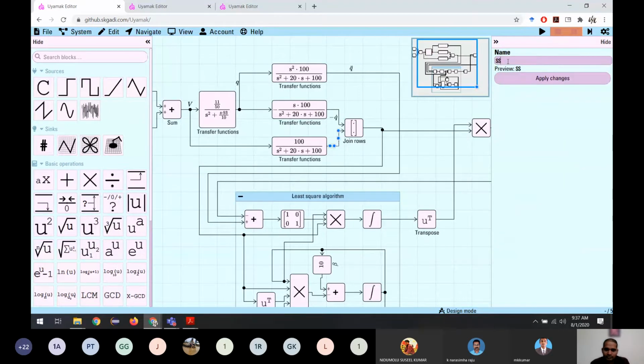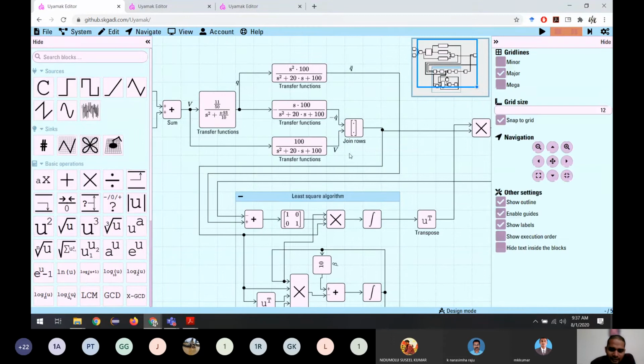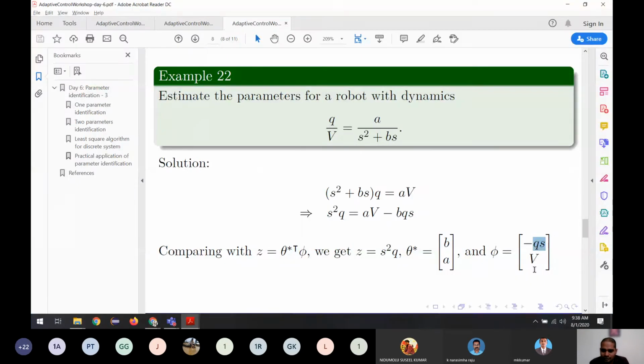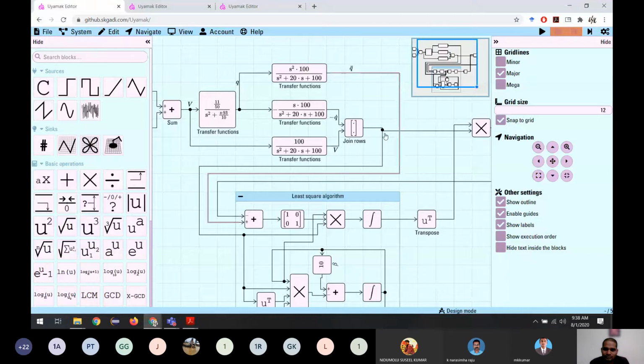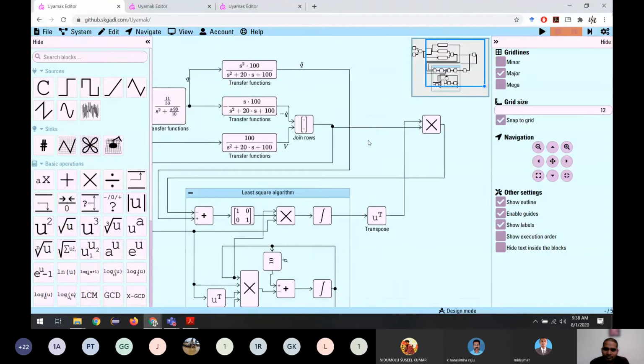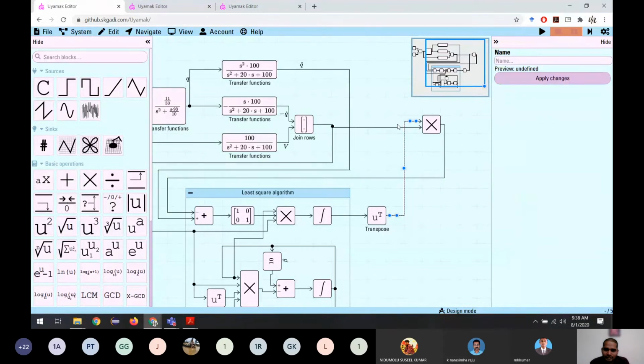We also put a filter, because whenever we measure anything, we prefer to put a filter to attenuate the noise. So we have voltage and minus q dot. We have these two we are putting here, so we have the complete system. We can find the z cap by, what is the formula? We have theta transpose times the phi. So what we get here is the z cap.